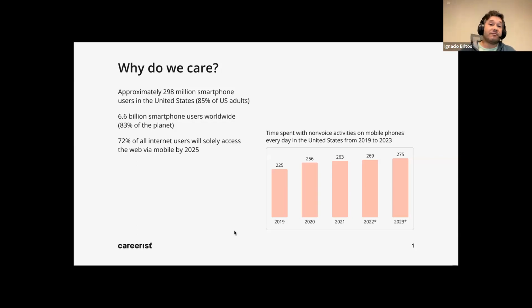So you may understand that it's very important for companies to make sure that their applications are working from the very first time they have the application available for their clients. There is another statistic that says that 72% of all internet users will solely access the web via mobile by 2025. That's the tendency, right? We can see here the statistics saying that from 2019 to